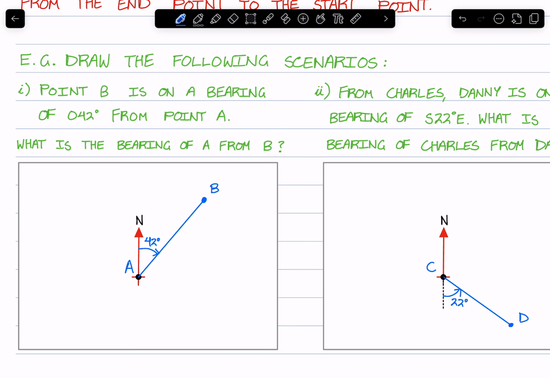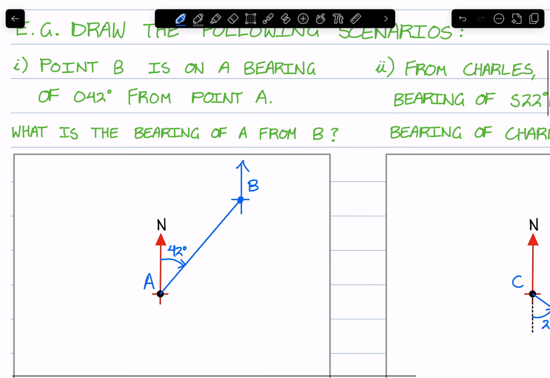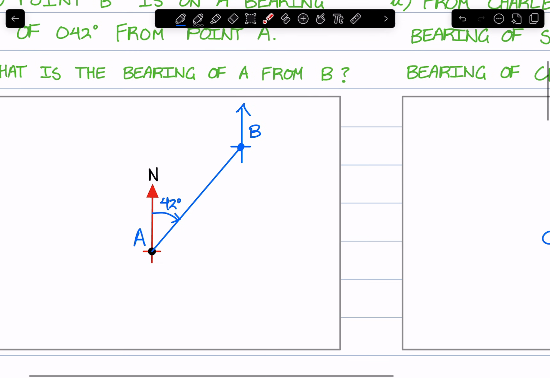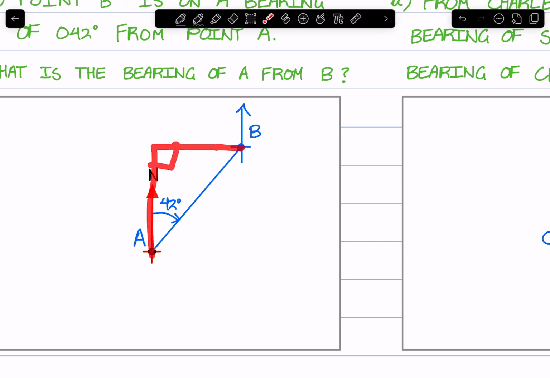What this means now is we imagine a compass on top of the end point. And what we're looking for now is one of two things. Either the true bearing like so, or just the compass bearing like so. Either way, I will demonstrate to you now how we can approach this problem. The first way, and this is the way I personally recommend, is to complete a right angle triangle like so. We imagine a completed right angle triangle like this,